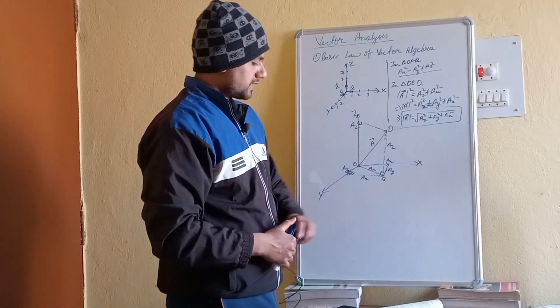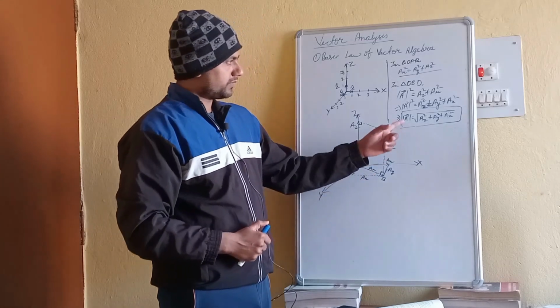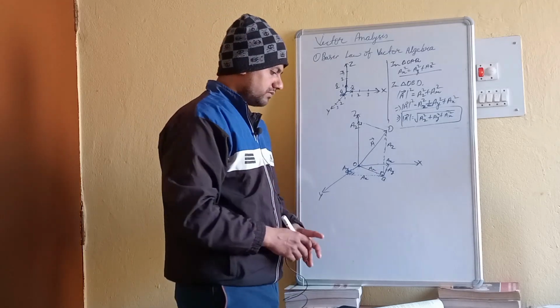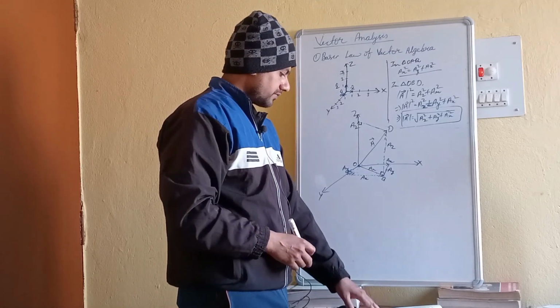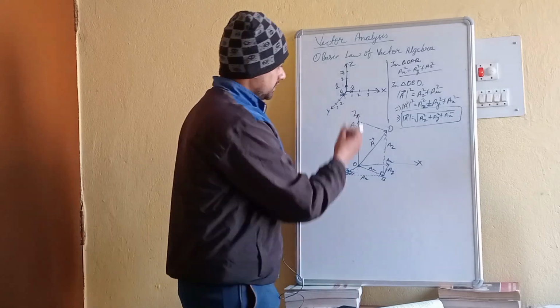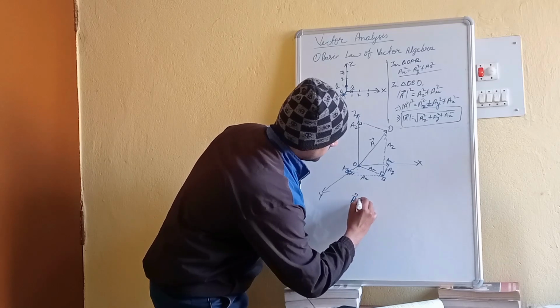Then I think this is clear. So this is the magnitude of vector A. Now you can see here the vector A can be represented by using notation. So how can we represent this vector A? The way this vector can be represented, that is